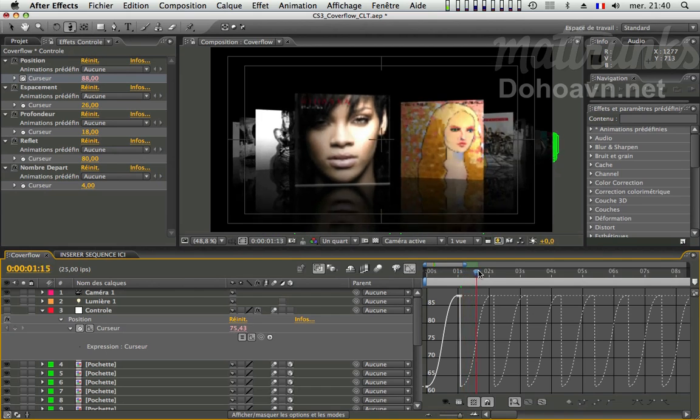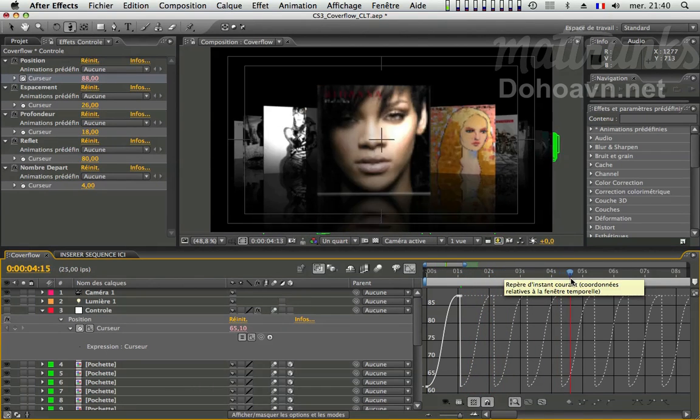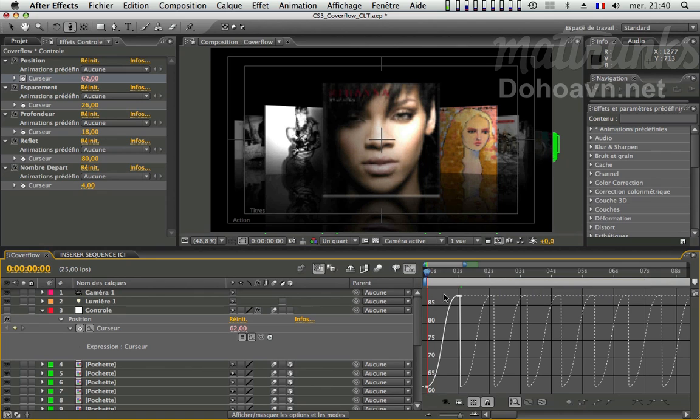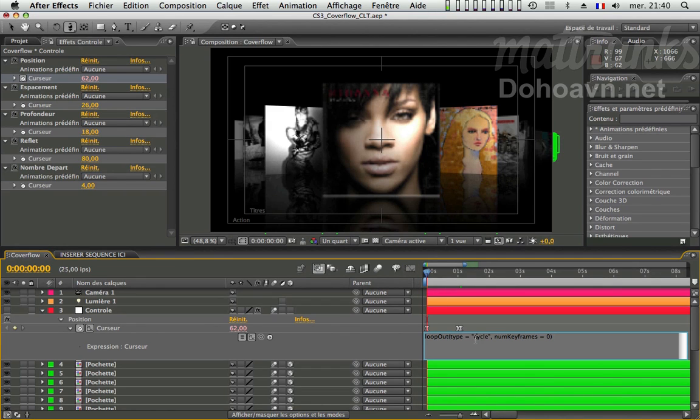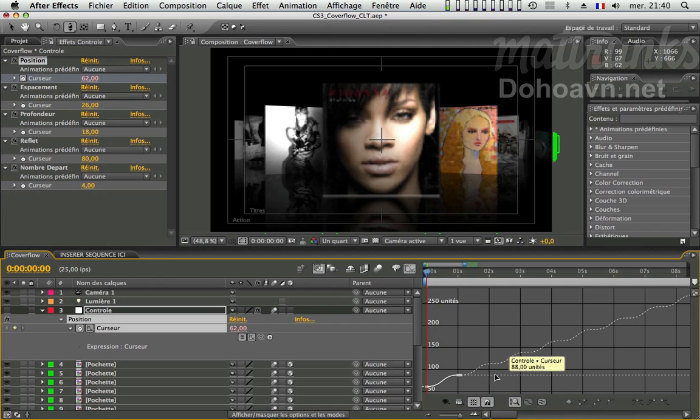That's pretty useful, but if we do that, we'll always get Rihanna coming back to the center of attention. What we want is to increment a value each time in order to get from one cover to another. That's very simple to do. We simply need to change one word in the expression here. Instead of cycle, let's type down offset and then click elsewhere to validate. And now if we get back to the graph mode, we can see that the value increments each time our motion loops. Now if I make a RAM preview to see what we get,